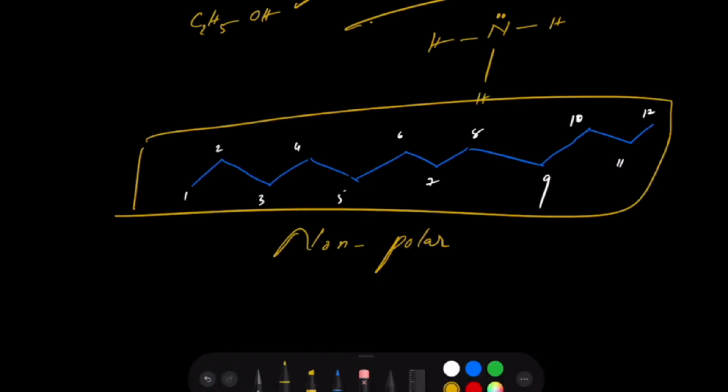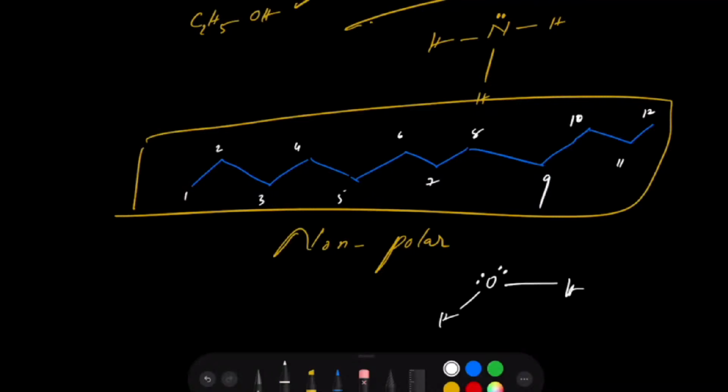The structure has symmetry everywhere. Every carbon is at the center of a tetrahedron, so all the dipole moments of hydrogens around it will cancel. So it is non-polar. So non-polar has no charges. Now when you try to mix them in water,